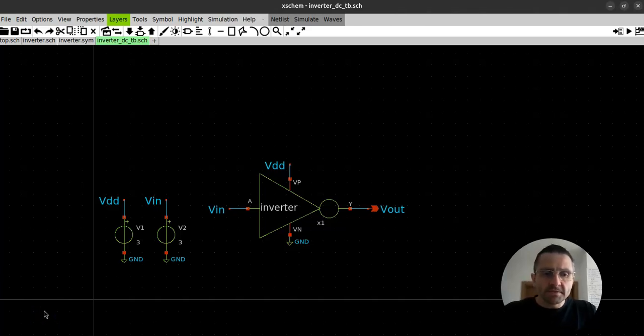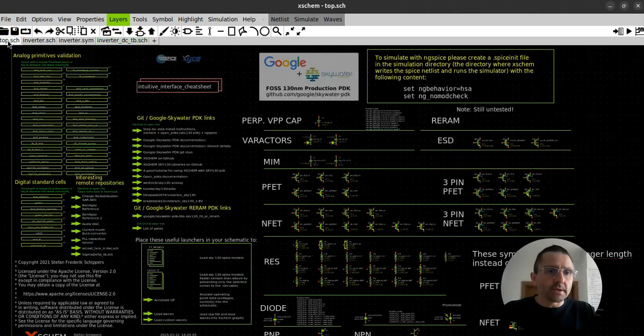Hi, in this video I will show you how to make a simulation with Ngspice on the inverter which we have created already. So we started with the schematic and we need to put into this schematic a library from SkyWater PDK. For that we need to go to the starting page of Xschem and choose simply this